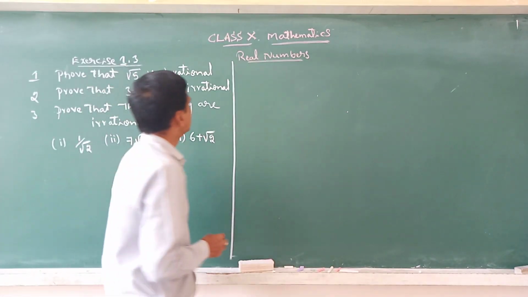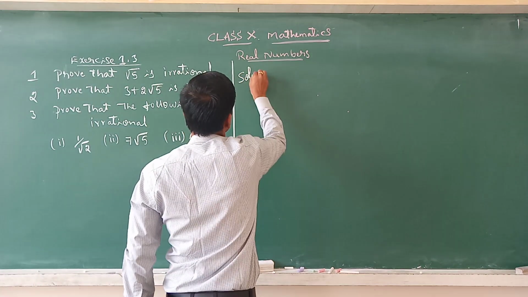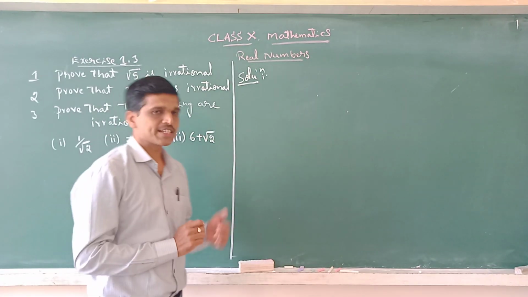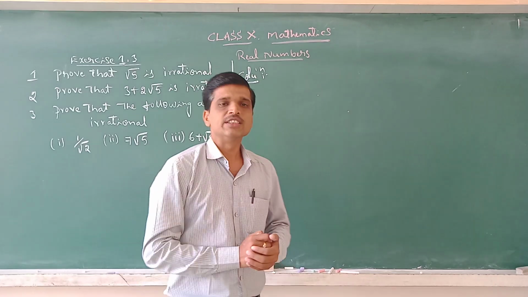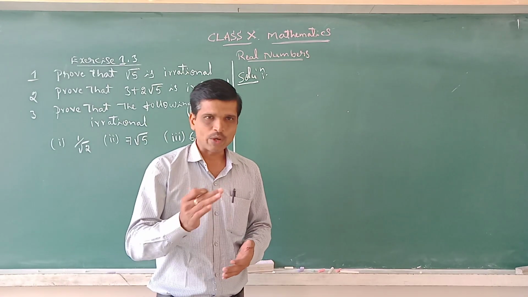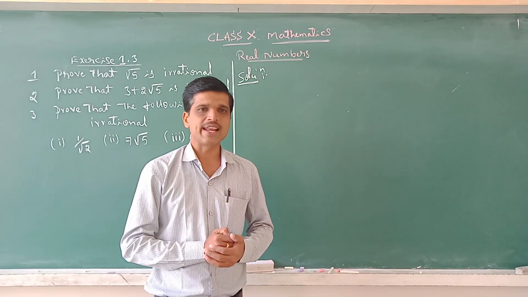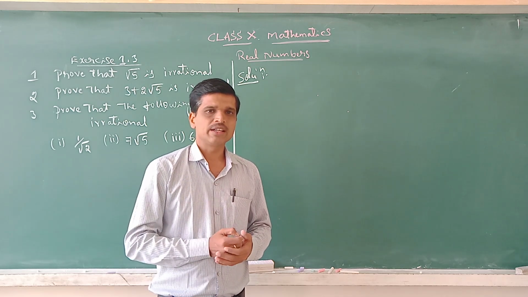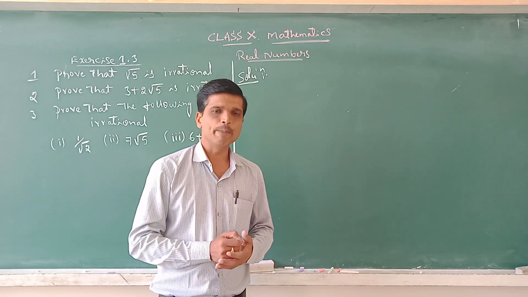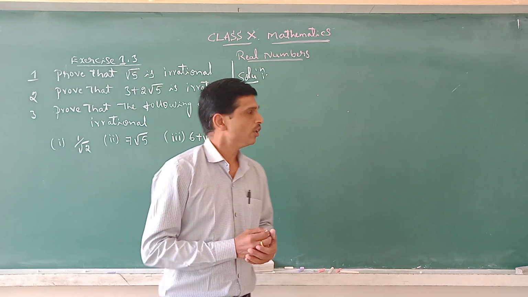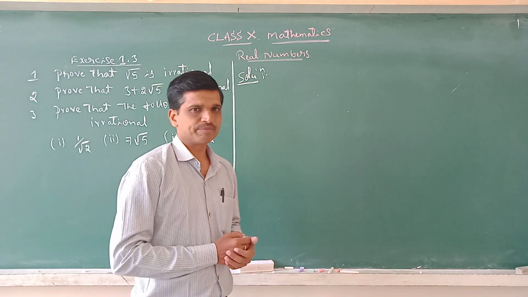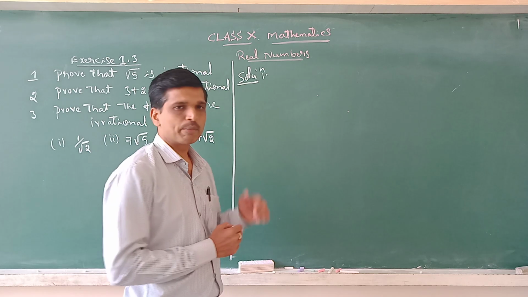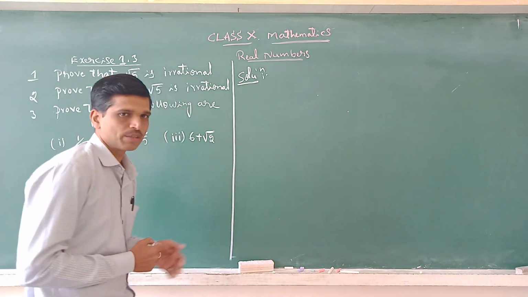Now let us discuss the solution. So, dear children, remember the previous concept that we learned, theorem number 1.3. It says: let p be a prime number, then if p divides a square, p also divides a, where a is an integer. By using the fundamental theorem of arithmetic as well as theorem number 1.3, let us solve all the problems.